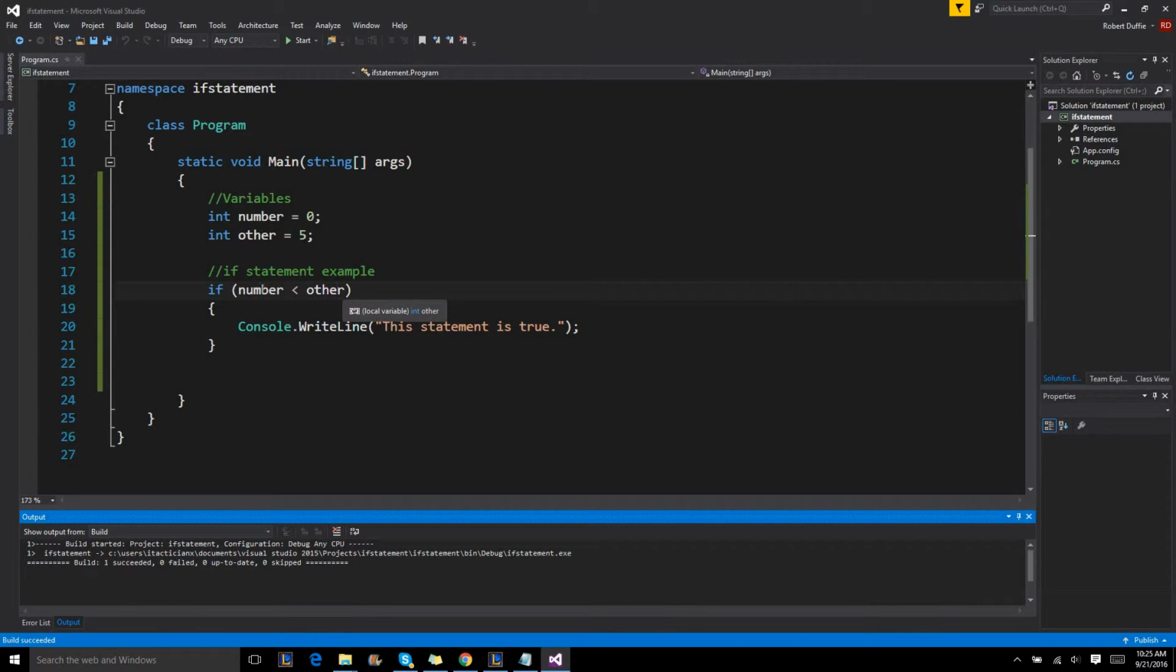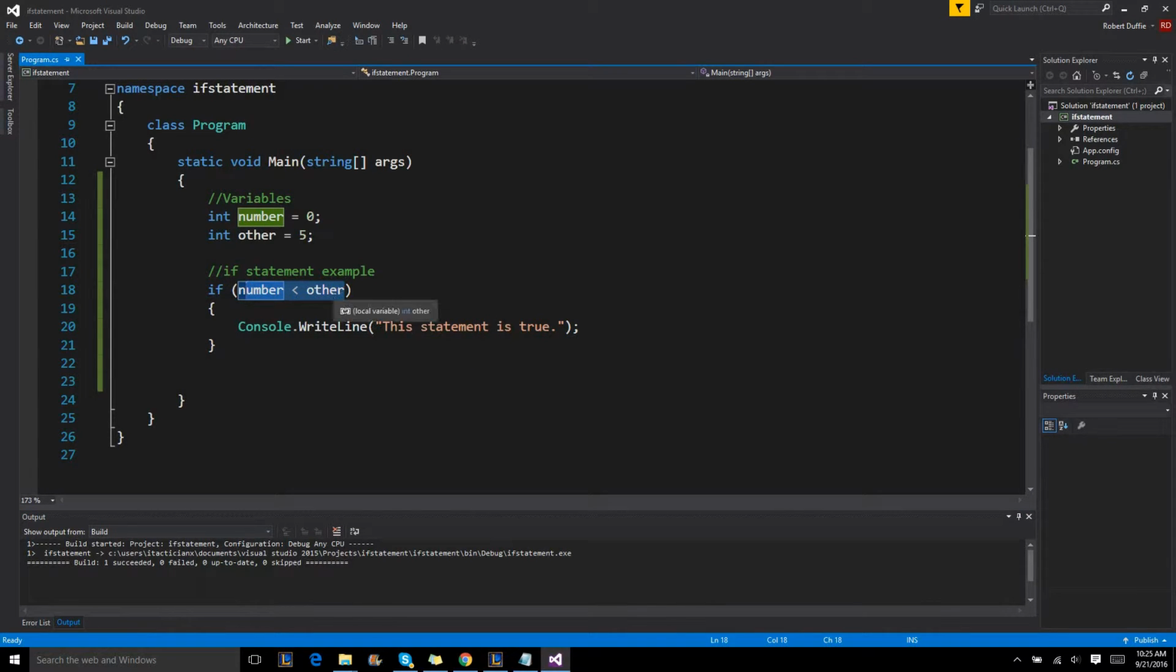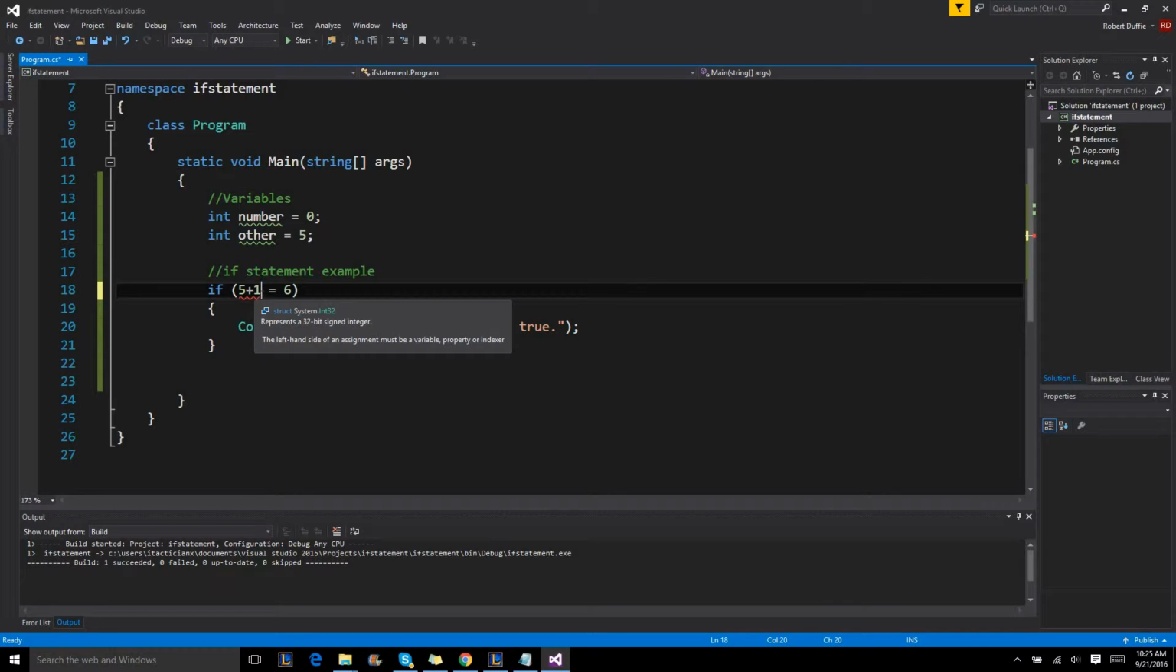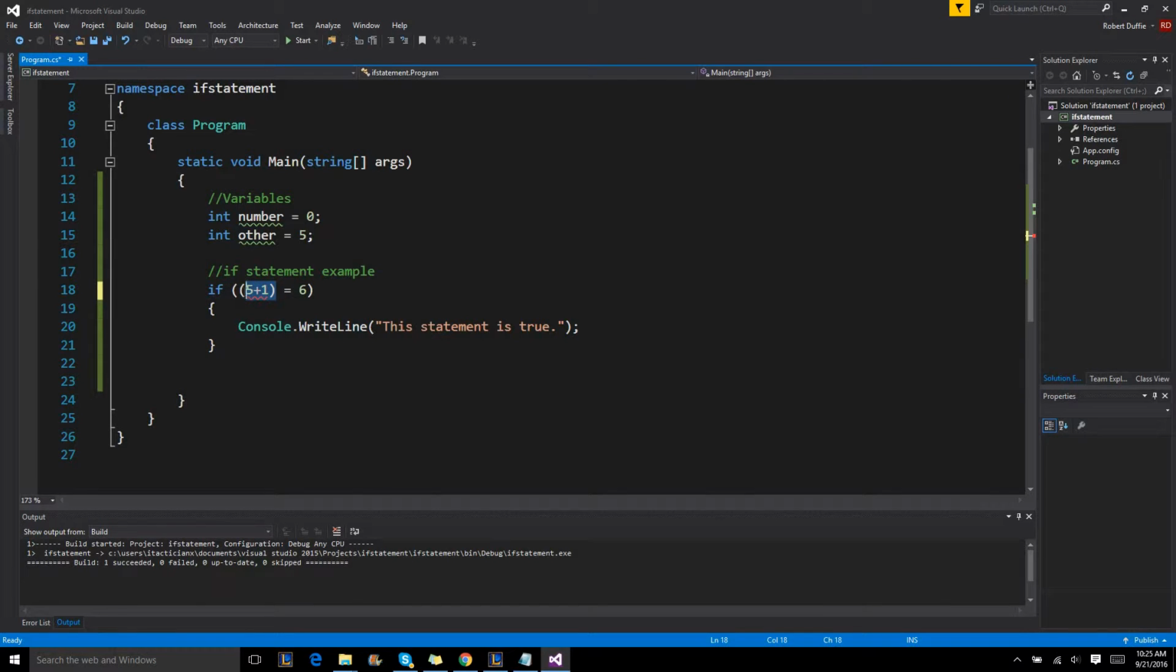You can use other conditions such as if 5 plus 1 equals 6. It doesn't want 5 plus 1 in here. You'd have to do the operation beforehand. Let's see. Yeah, you have to do the operation beforehand. So if number plus other,